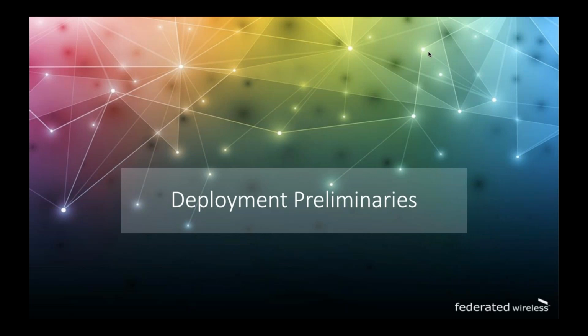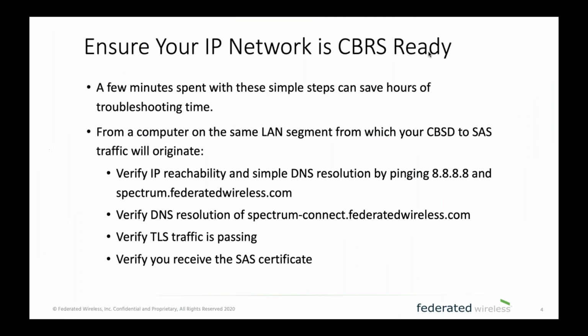So what I recommend is that network operators take literally 5 minutes before they're about to go and activate service on a SaaS and run through a few of these steps, right? And these steps are based on the fact that only a few operations really take place between your domain proxy or your CBSD and the SaaS, because the SaaS runs as a cloud service, so it's on the public internet, it's in the cloud,